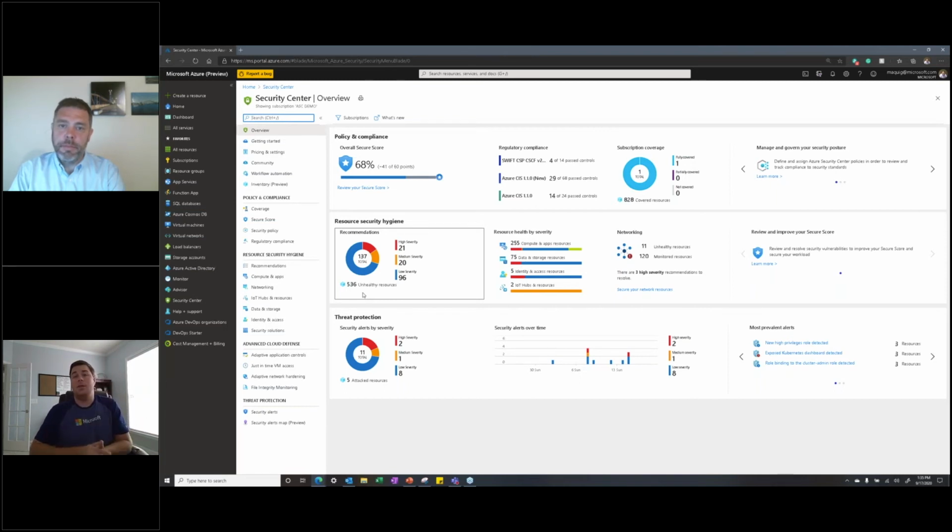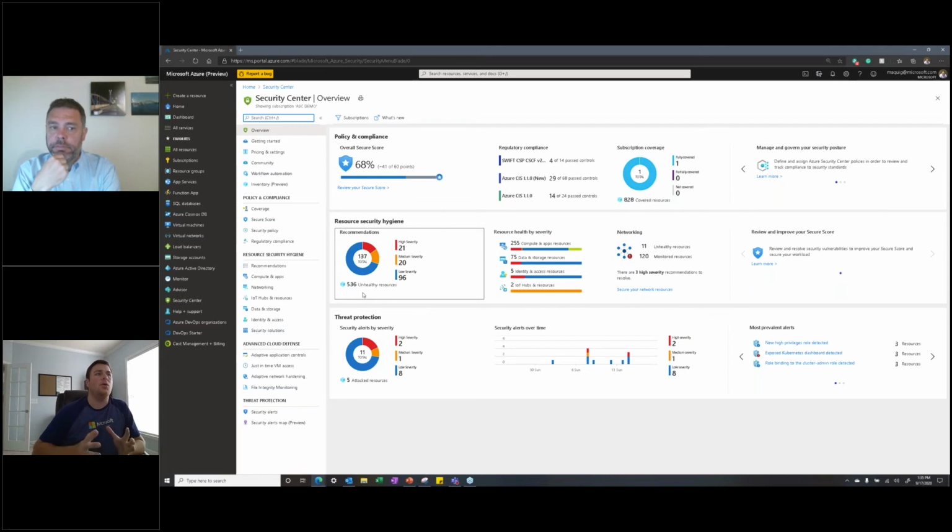The great thing about Security Center too is it actually monitors your server workloads running in other clouds or on premise. So whether you have a database server that's running in AWS or it's still on premise, we can at least monitor and make sure the health of that resource is aligned with the policies and compliance that you put in place. That's aligned to the goals of your business, right?